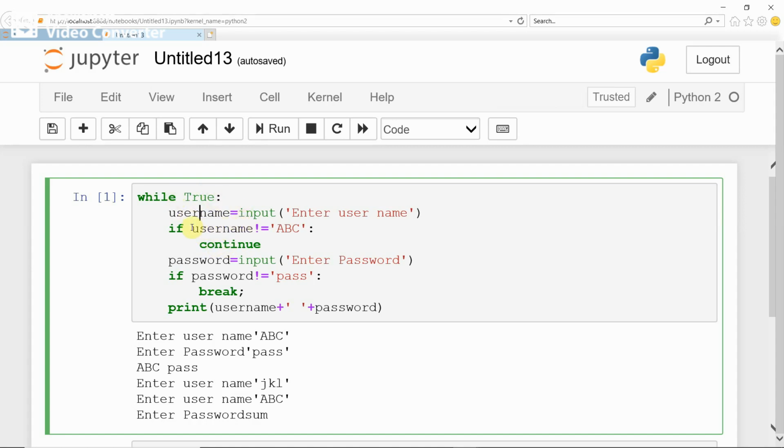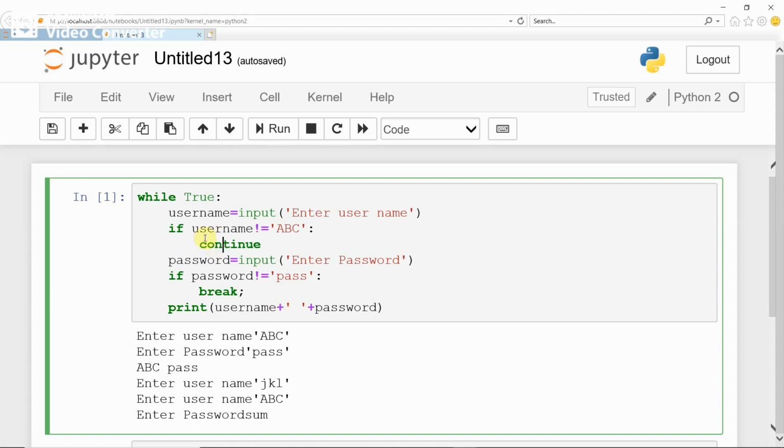When the username entered is properly given, if username is ABC, then this condition becomes false. Now control goes to the next statement because the continue statement will not work.